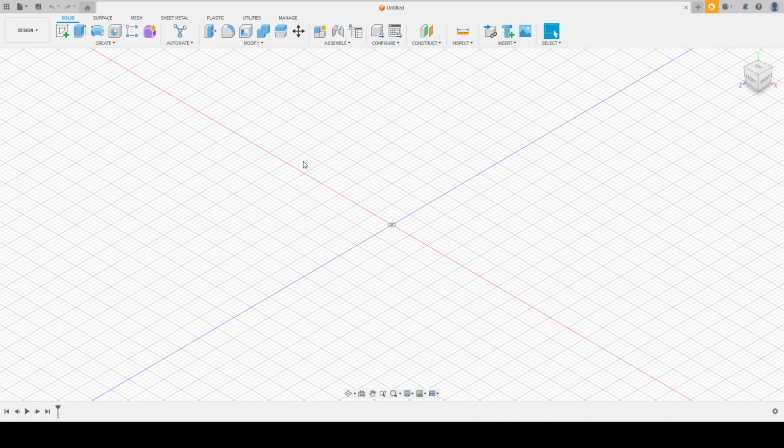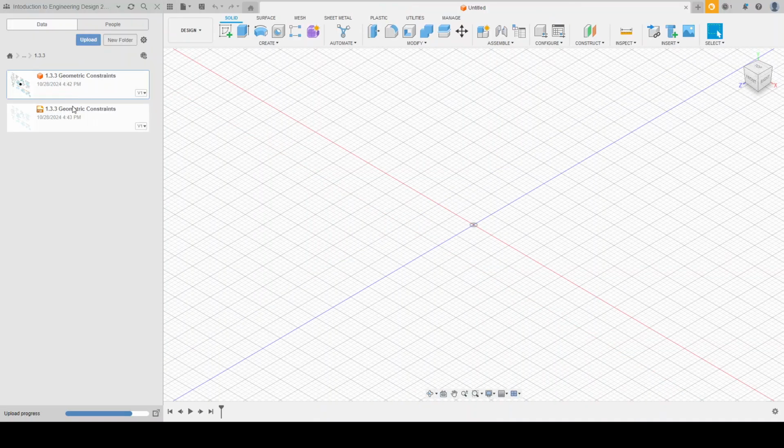Starting our lesson 133, up in Fusion, blank untitled project, open up your data panel. In your student folder, you'll have 133 geometric constraints. It'll have this little F3D icon rather than the cube. You need to right click it, create Fusion design, and then it'll eventually load in here and you can hit